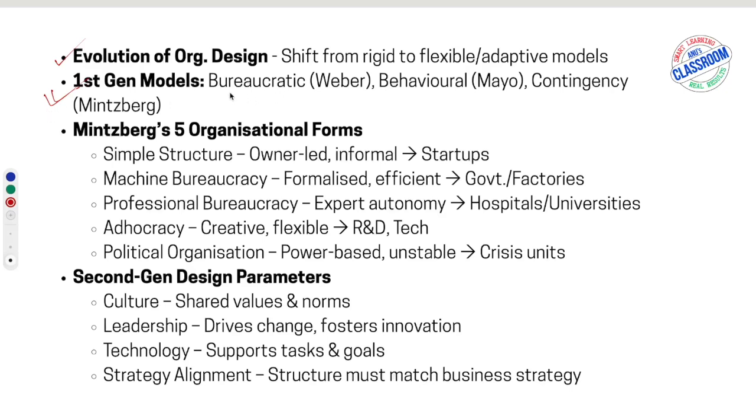The three models are the bureaucratic model, something that you can still see in government sectors and all. This was proposed by Weber. Then the second one is the behavioral model, which is proposed by Elton Mayo, and the third is the contingency perspective, which was proposed by Henry Mintzberg. In these three, if you would ask me, I would say the contingency perspective is the most important because it is